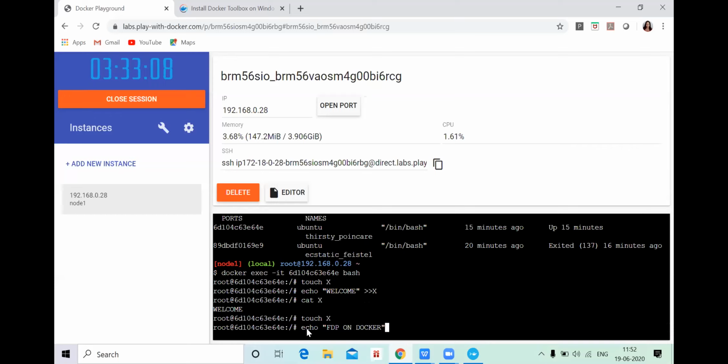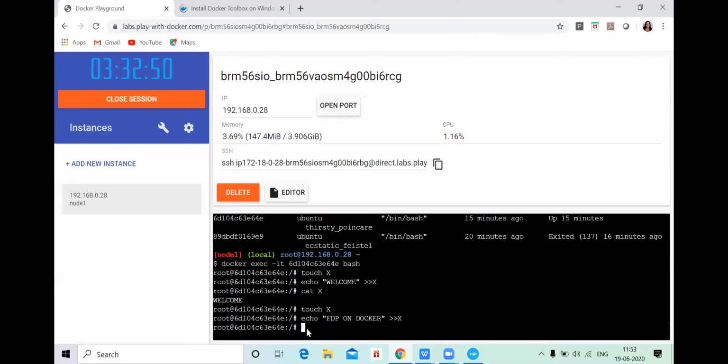Remember, double quote, space, insertion operator. Then you have to write capital X, without any space. You have to give the space after Docker. That's all. Then enter. You have to write cat space capital X. Enter.